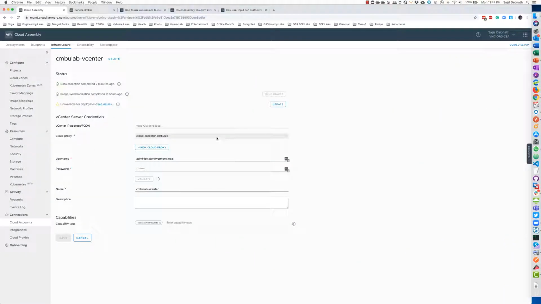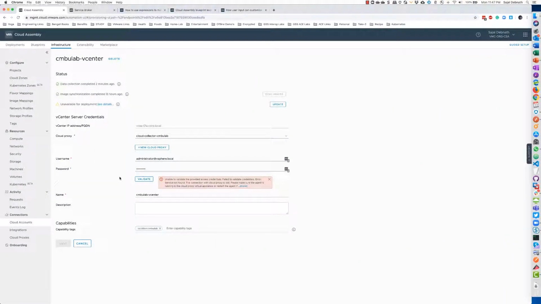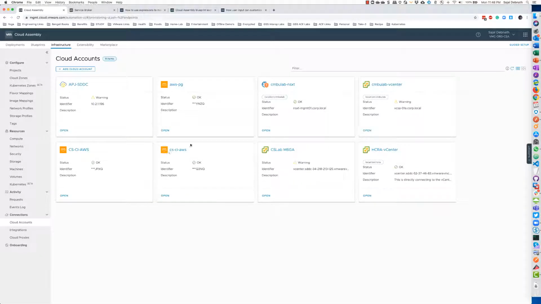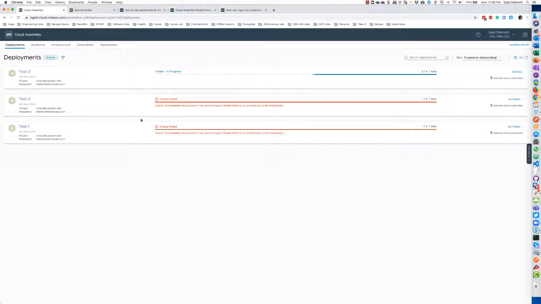So it is expected, but I didn't expect that to crop up right now. Well, I will have to go ahead and troubleshoot that, but you can see that this other deployment is going on, and this is how it should